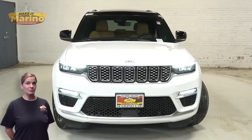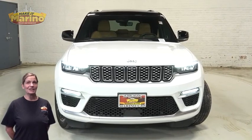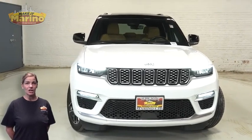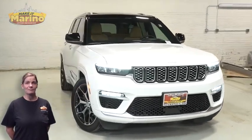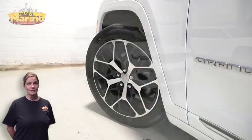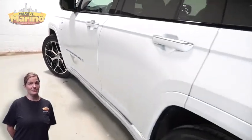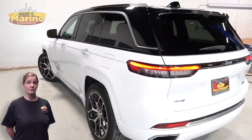Looking for a highly equipped SUV with all the right options and reliability? We'll take a look at this 2022 Jeep Grand Cherokee Summit Reserve in bright white. With bi-xenon HID headlamps, premium fog lamps, 21-inch aluminum wheels, blind spot and cross path detection, LED tail lamps, heated